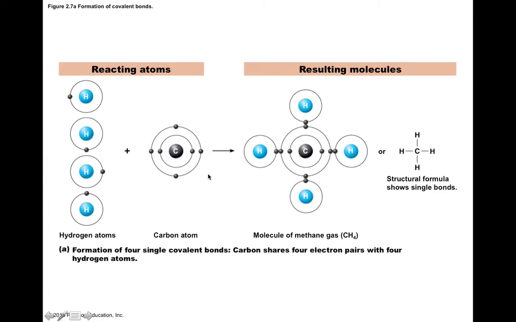You can see we have carbon, and in its valence shell, it only has 4 electrons. Now remember, because of the octet rule, we want this carbon atom to fill its valence shell with 8 electrons. So what's fascinating is that this carbon atom can form bonds with 4 other atoms in order to satisfy its octet rule. We can form, from carbon and 4 hydrogen atoms, methane. Methane gas is CH4,